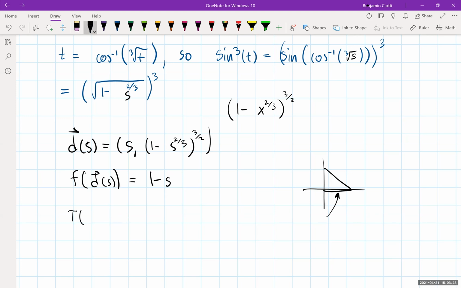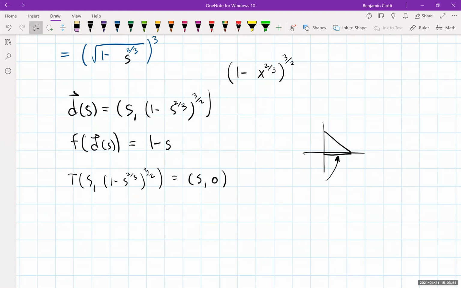Well, you can decide where you want these points to go. So if T of s, 1 minus s to the 3 halves is equal to, how about just s, 0, then